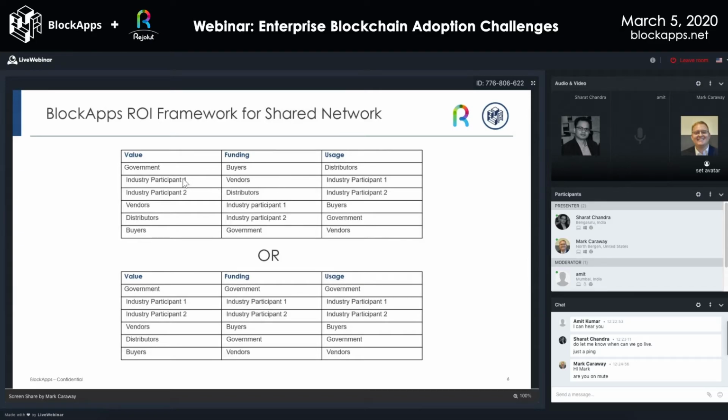You may create something that has value, but it will not continue through to deeper stages of funding to get to production. And then if it does get to production, but the ones who are using it are not the ones receiving value, then it will kind of stagnate in production. And so we look for a framework like this where you can